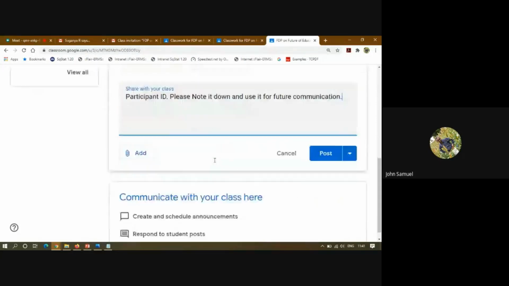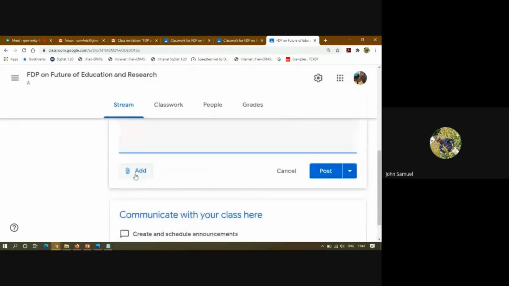Right. Here we have an add button. You see, we can add many things. We can add from Google Drive, or give a link, or add a file from a local computer, that means our PCs or our mobile phones. Everything you are seeing is the same in the mobile phone also, though the display may vary a little bit.